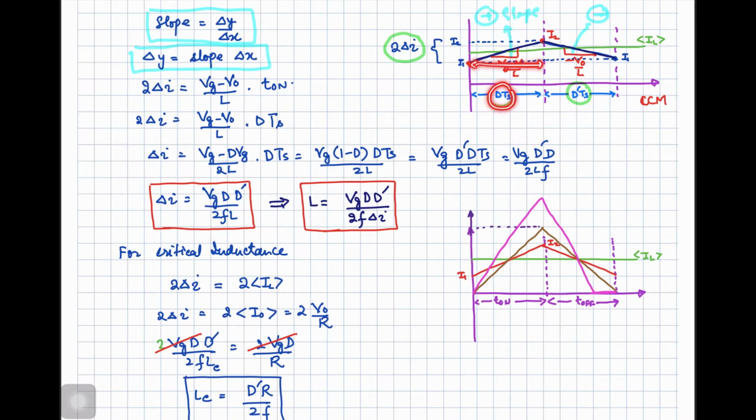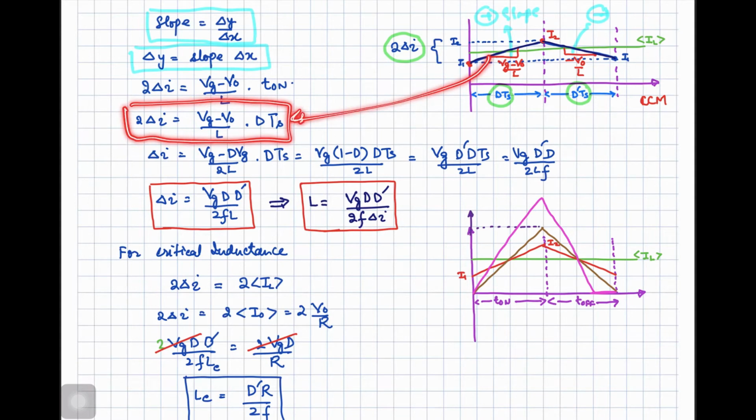That is equal to d into Ts, or that is equal to T on. So that you can see over here. And T on is written as d into Ts. So we have this expression looking at the slope of the current waveform, and from here we can work out